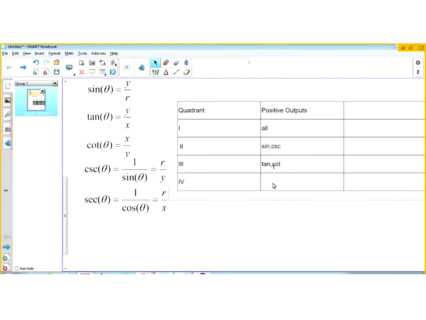And then finally, in the fourth quadrant, the functions which yield positive outputs would be the cosine function, because the cosine is x over r, and x is positive in the fourth quadrant, and the secant function, which is 1 over the cosine function. So those would be positive outputs. Okay, so then for negative outputs,